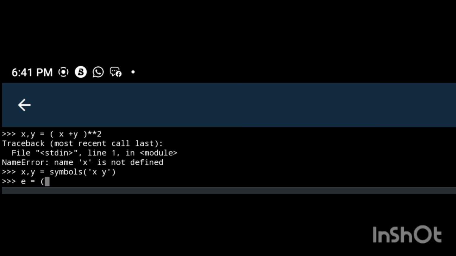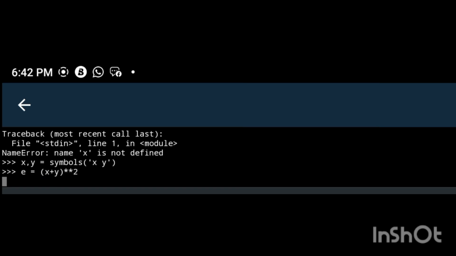It doesn't really matter. Open brackets. It doesn't really matter whether you are spacing things here or not. x plus y, that's Python for you. Then star 2. Let's get that. Alright. Now E underscore, I can use E underscore E equals